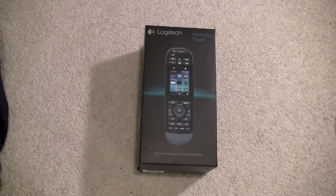Alright, so this is an unboxing for the Harmony Touch. This is the remote that's actually replacing the Harmony 1 series. The Harmony 1 was a very popular remote with enthusiasts. A lot of people didn't go after the videos that I posted before about the 1000, the 1100. A lot of people love the flagship remote, but the Harmony 1 was more of a hit with consumers. They actually discontinued the Harmony 1, and they came out with the Harmony Touch, and it has